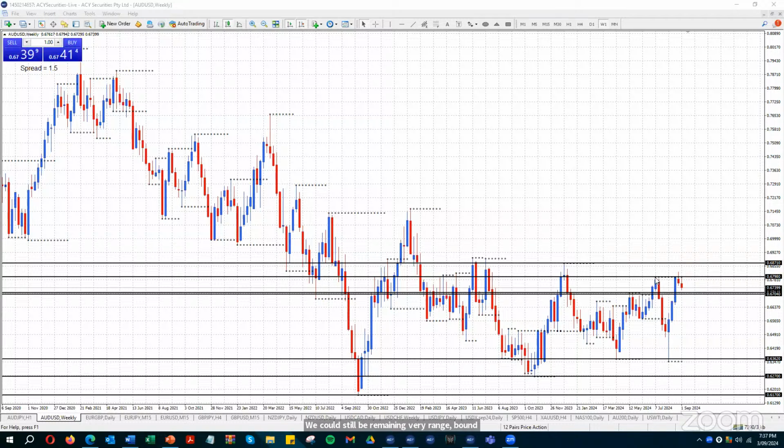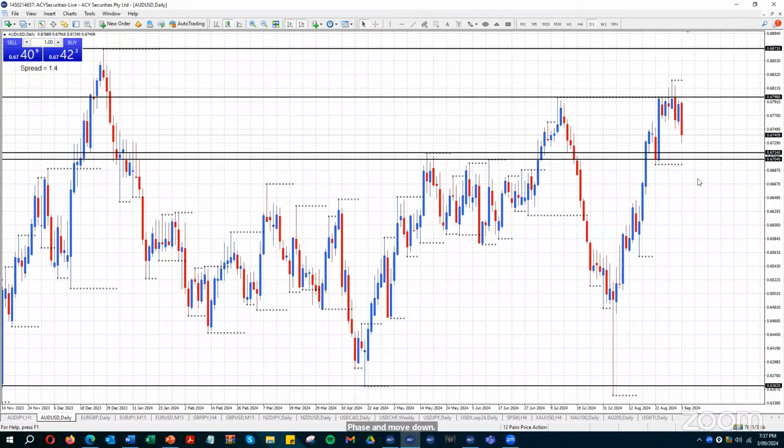If this is maybe a weekly top of the range, could be a weekly double top, but certainly the weekly top of the range, we could be moving back down to the bottom of the range. If that's the case, you want to be getting into the short side in the early phase of the move down, if that's your mode of operation. So we may have already missed the opportunity to get short so high up,